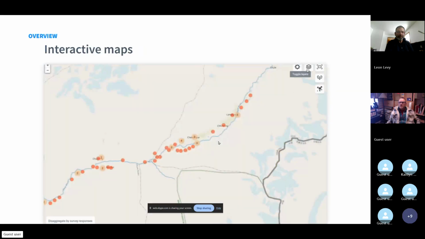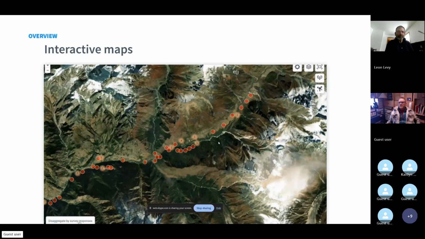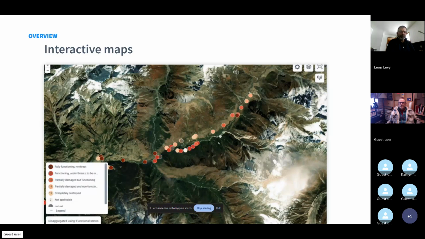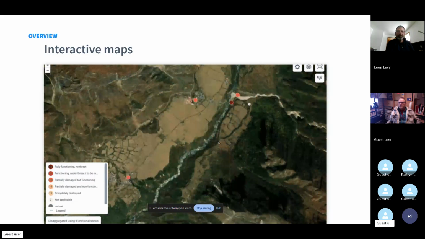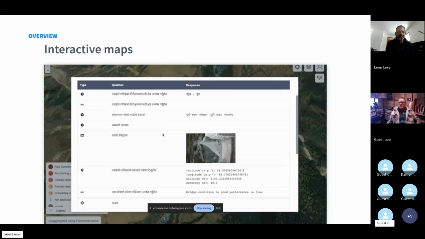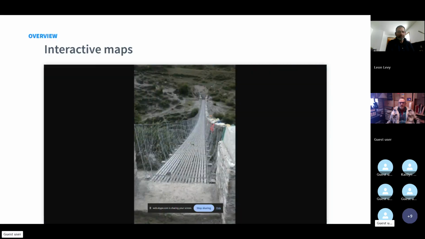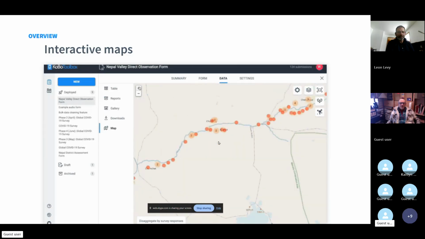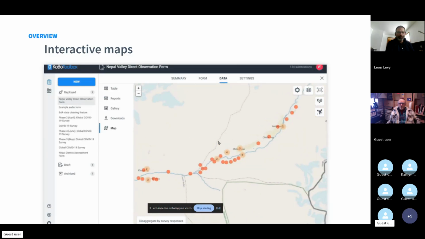And we also do have a map feature. So when you're developing your form, you can actually include GPS as well. So we have a map feature that shows all the points that you have collected on the map, like what you can see on my screen, which I think could be something interesting in your case. And as you can see in the example being shown here on the screen, you can also capture images